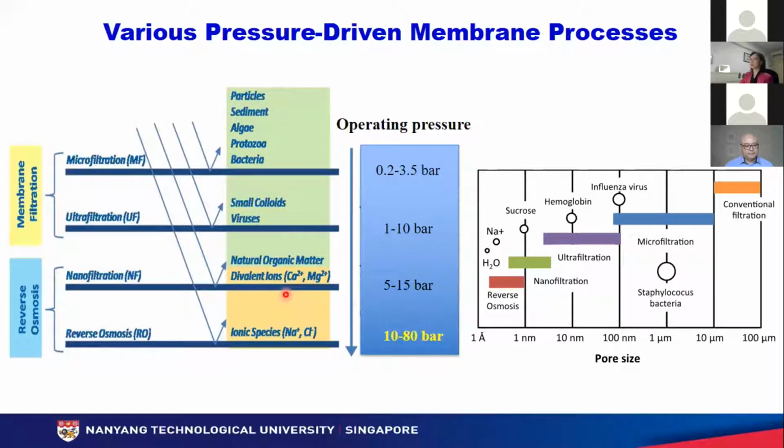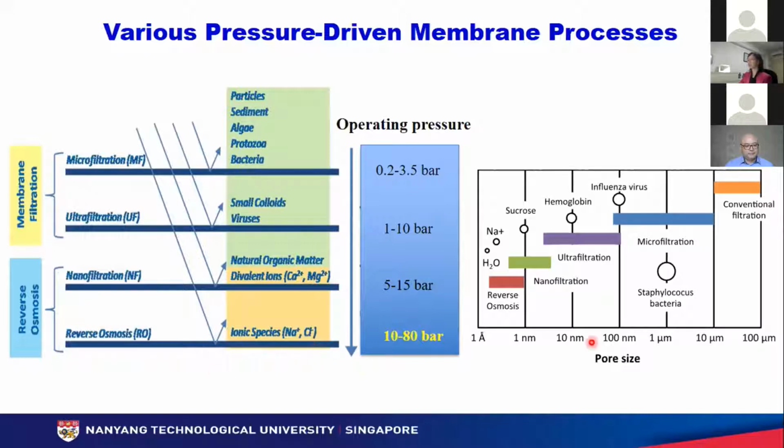It can be used to reject divalent ions like calcium and magnesium, and remove natural organic matter. These natural organic matter have a smaller molecular weight. Finally, we use reverse osmosis RO membranes to reject monovalent ions, sodium chloride, only allowing the water to